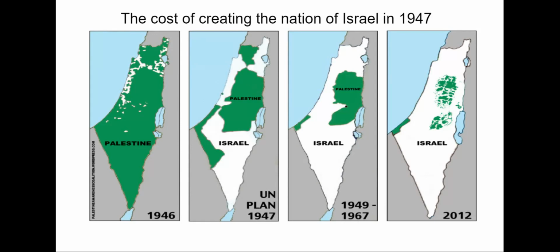So here's what happens when Israel is created in 1947. You can see that Palestine, there starting on the left, is quite a large territory. And as they go, we've got the original UN plan for the territory that Israel is going to share with Palestine. But as we go into modern day, Israel is expanding. And this is why it's such a controversial topic today, because they're not sharing the space in peace. And that's for a variety of reasons. But also Israel is starting to, well, dissolve Palestine, if we see there in 2012.